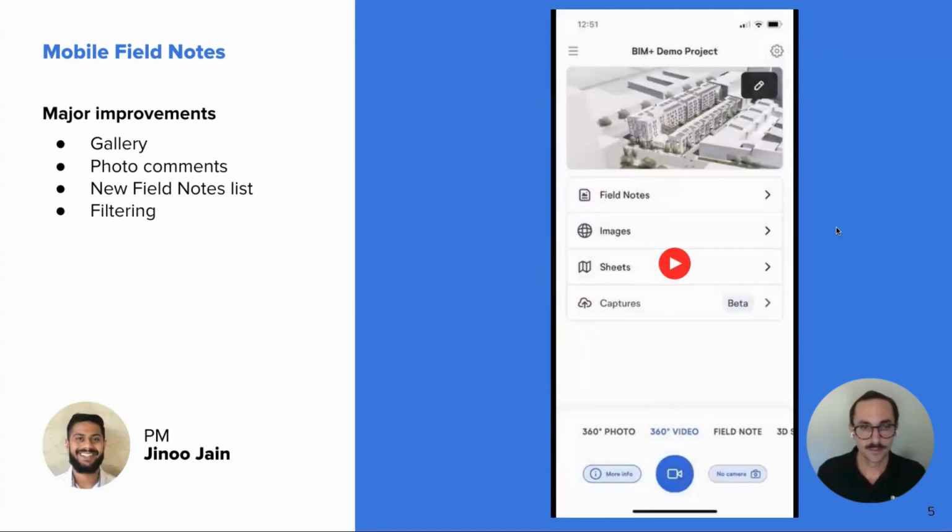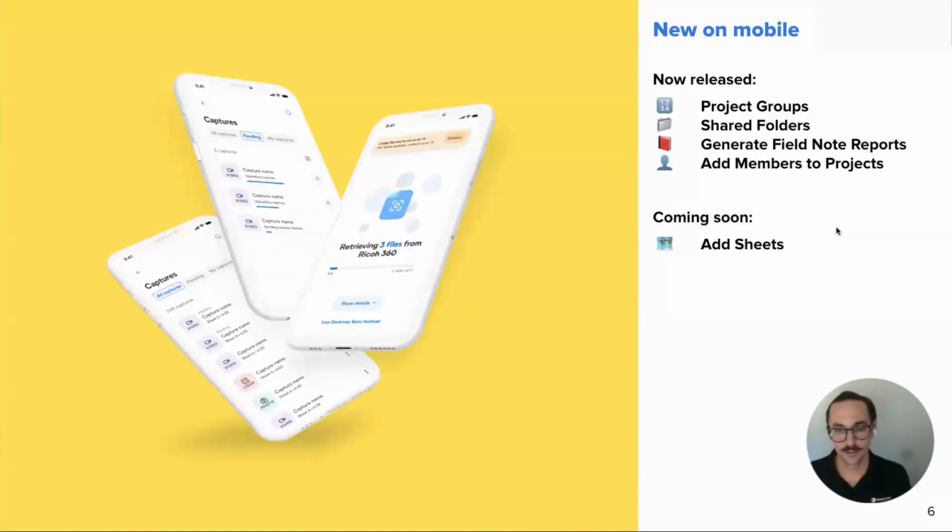In addition to these improvements, we've also added support for project groups on mobile, as well as support for shared folders. You can even generate field note reports from mobile now, and you can also manage the members of a project. So you'll probably start to notice that a lot of the functionality that you've grown to rely on and value on web or on desktop is coming to the mobile phone,